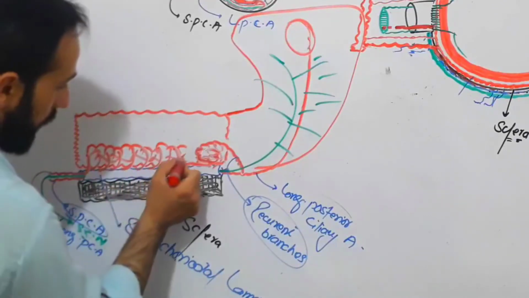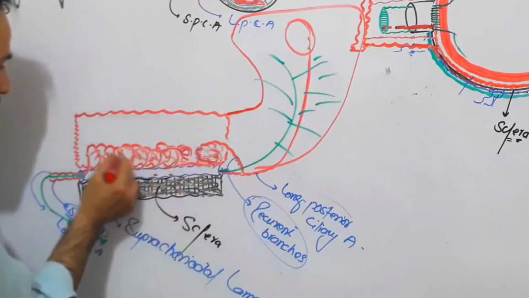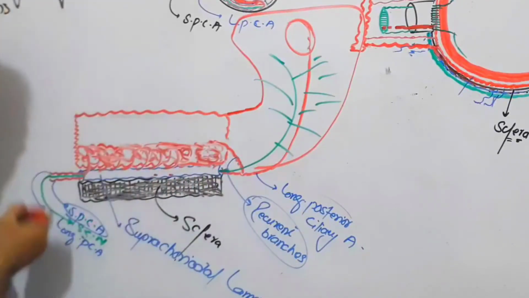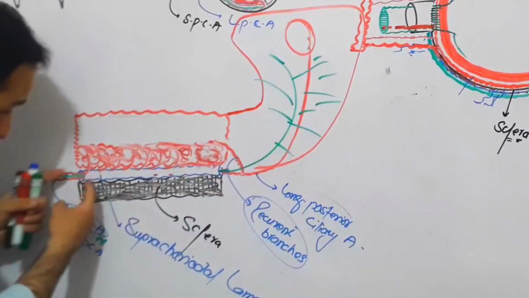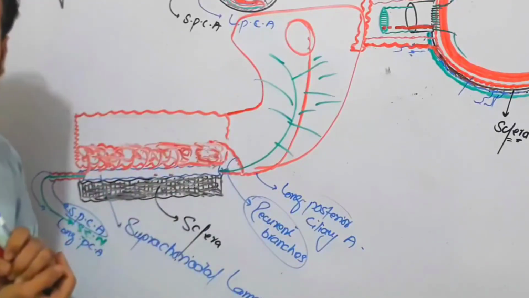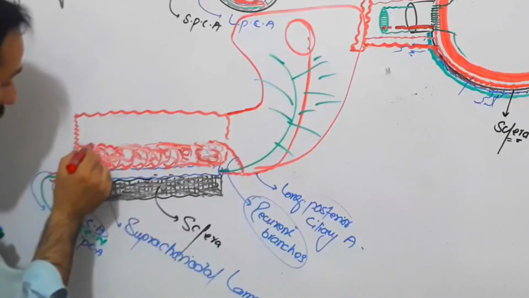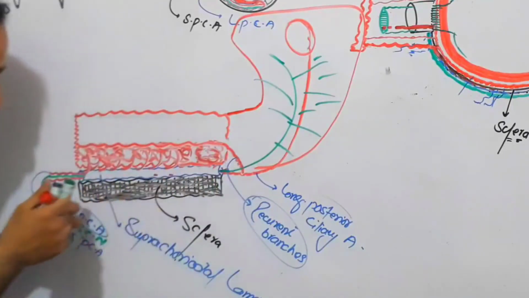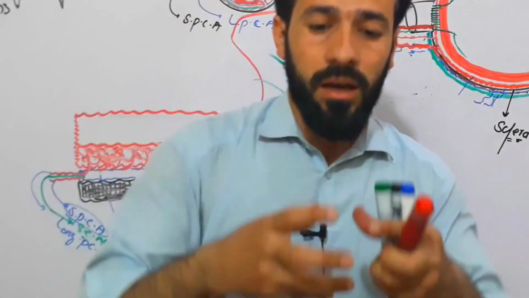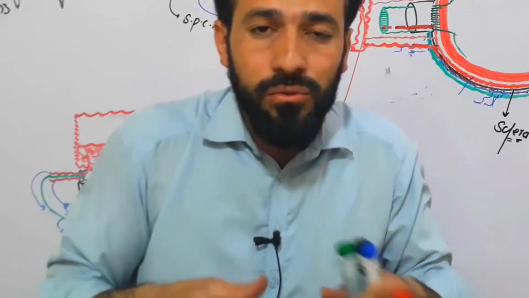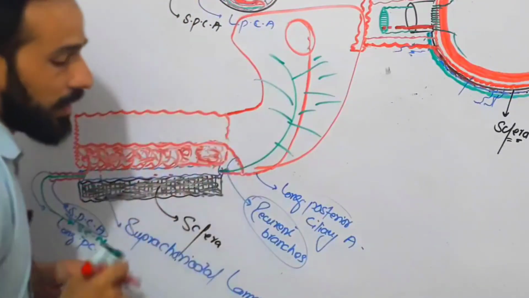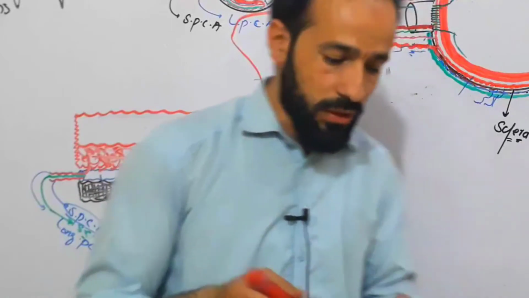So here are the capillaries given by the short ciliary artery towards the choroidal layer. Here are very many capillaries, and the capillaries here have large caliber and large diameter. So we say that this layer of the choroid is called the vascular lamina